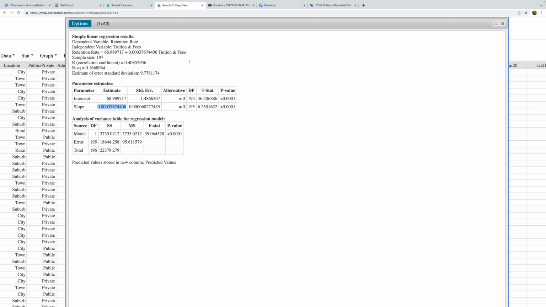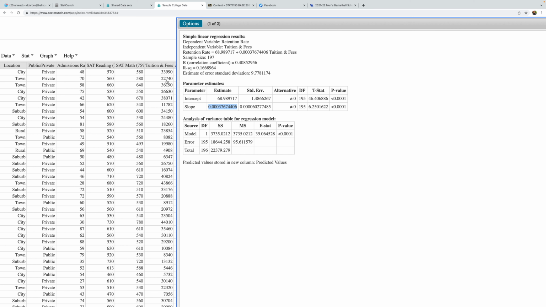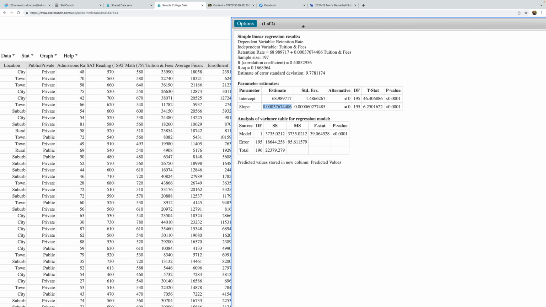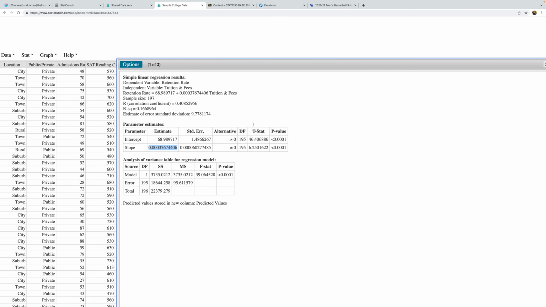Now, we have some predicted values, right? So if I was to put each of these X values into my model. For the very first one, I have 33,990. If I was to put 33,990 in here, multiply by 0.000376 and so on, and then add 68.989, so on, my predicted value, you can see that there's been